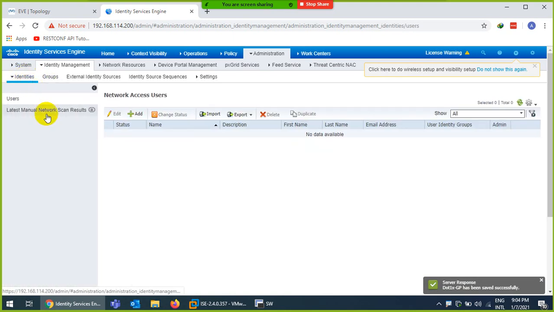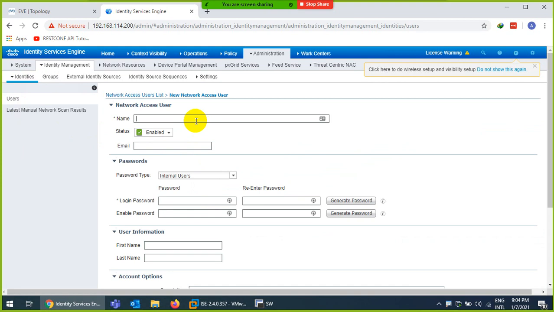Now I will go to Identity. I will go to Users. I will click Add and create a user, suppose user 1. Email address, internal user, definitely an internal user, and the login password is abc@12345.